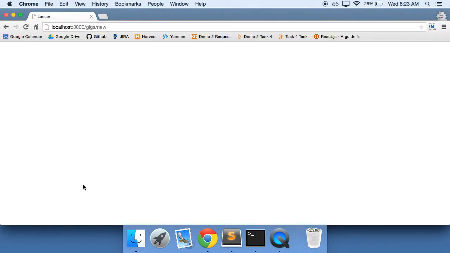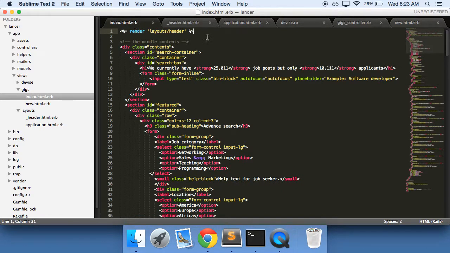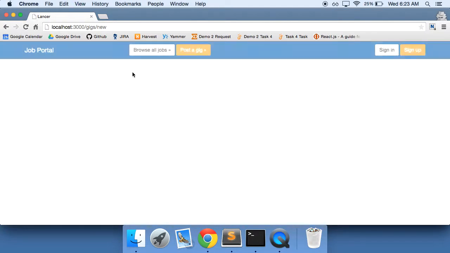It's there for us. And actually the header isn't showing, and that's because we don't want this to be here. On the index.html.erb, we put the rendered layouts header. Let's do that for the entire application. So let's get rid of that, push everything up, go into our application.html.erb file, and we'll paste it in right underneath the body here. So now if we do refresh, fantastic, it's there for us. So this is our gigs new